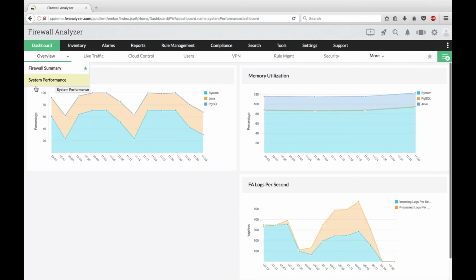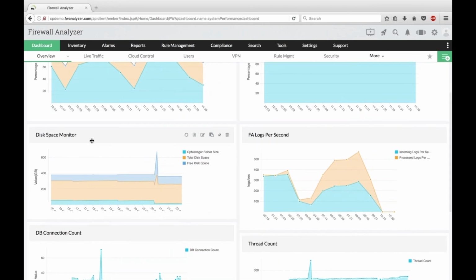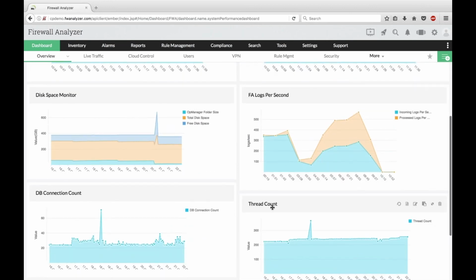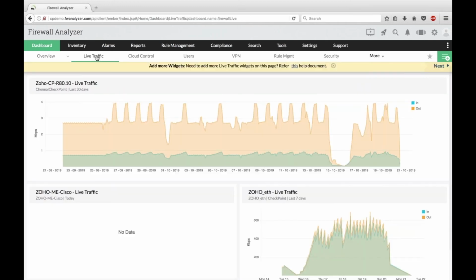So in system performance, the system performance provides an overview of CPU utilization, memory utilization, disk space monitor, logs per second, connection count, and thread count. And then, as I mentioned before, you also get the live traffic report under the dashboard, which is